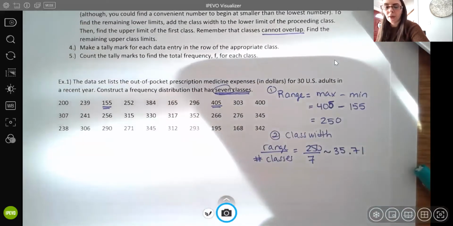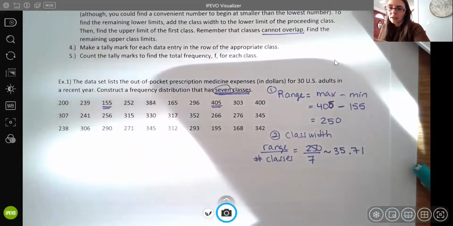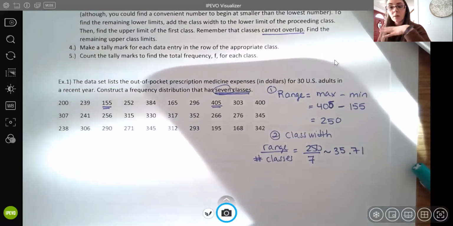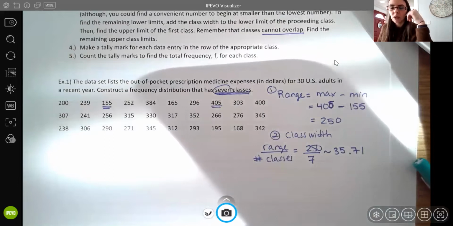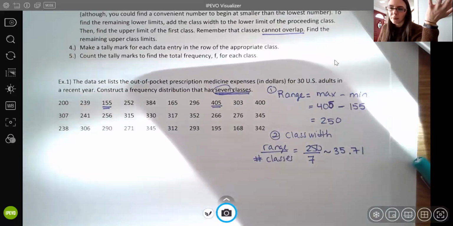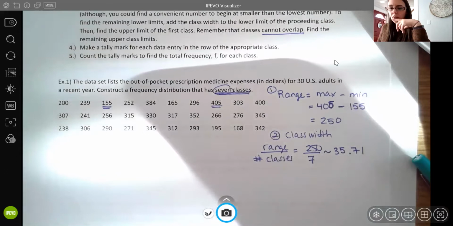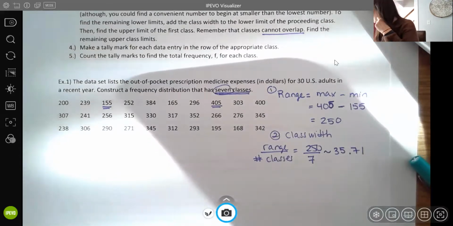Sunlight's in my way. So there we go. So about 35.71. I'm not going to use 35.71. You can use decimals if you want in your class widths, but I wouldn't make it overly complicated. Usually when we do decimals, we do halves or maybe quarters, but nothing confusing like 0.71. So I'm going to go ahead and round that up